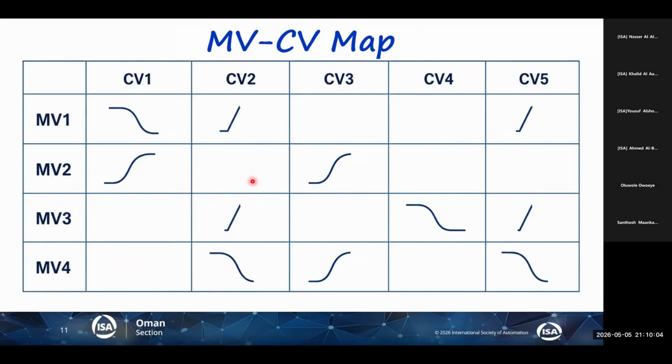And what you can add to the row as well is the DV, the disturbance variable. Not every MV affects every CV. Of course, there's a structure. Understanding the structure is where process knowledge and plant data meet. The step response, well, I'll show an example of a step response,